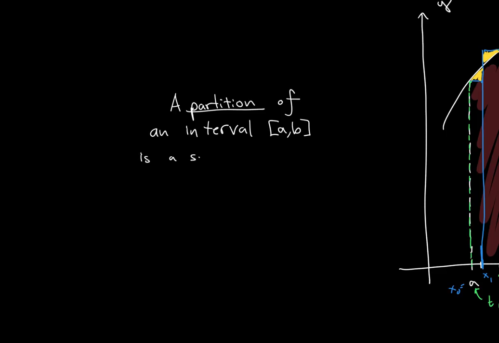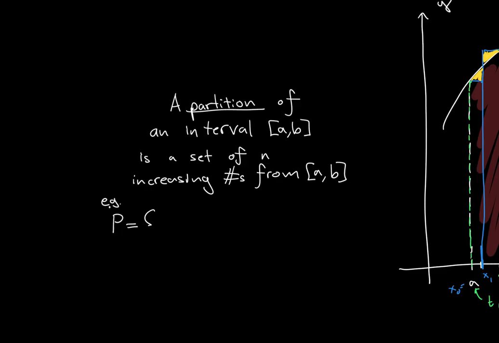A partition of an interval A to B is a set of n increasing numbers from that set A to B, in particular where the first one in the list is A and the last one in the list is B. So for instance, for example,